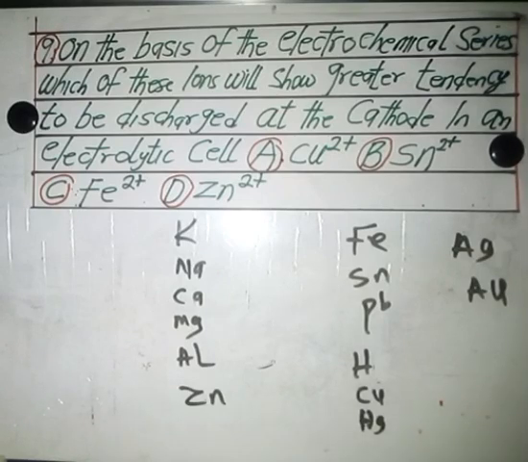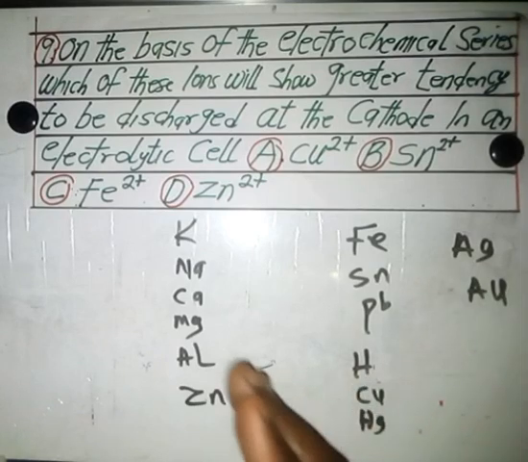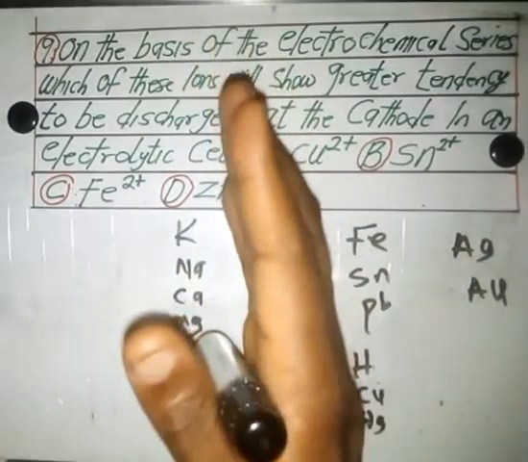Okay, this is a chemical series. So to answer this question, you focus on the one that is easily discharged. When you are going down, the one is easily discharged, but going up it is difficult to be discharged because they are more reactive. So those going up are